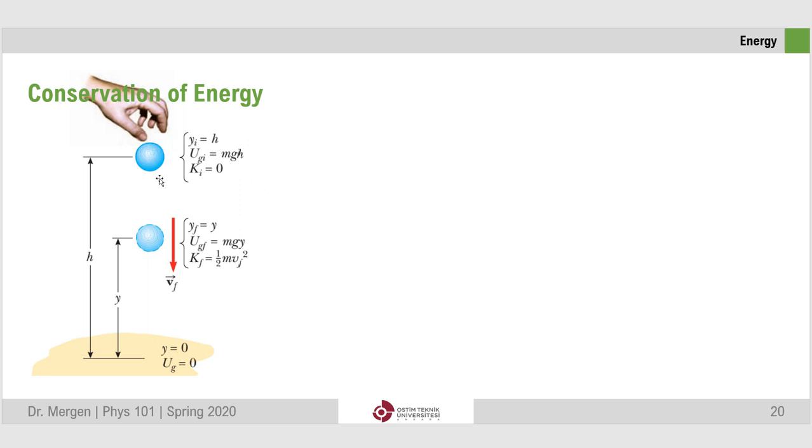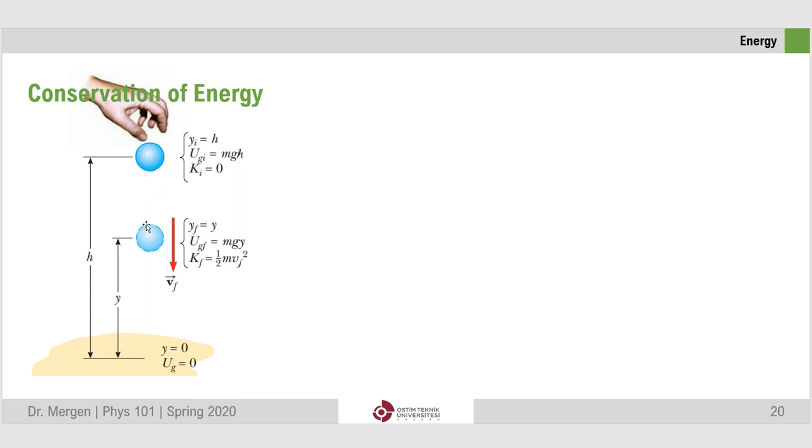Initially, the ball is at a vertical position of h, and the potential energy of the ball is equal to m times g times h. Since initially the ball is held at a constant height, the kinetic energy of the ball is zero. After releasing the ball,